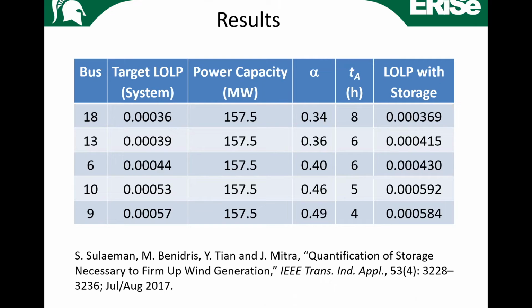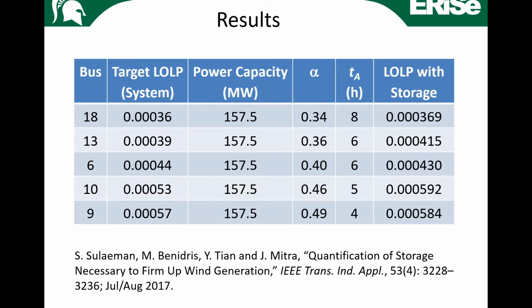the capacity value of this wind farm at that location was 43.5 megawatts, so the power capacity of the battery had to be this much. And at each different location, as I said, this alpha would vary. So this is how alpha changed over different locations. And in each study, we calculated the alpha, the TA, and we rounded it up to the next hour. Doesn't make sense to use fractional numbers there. Okay, and then we sized the energy capacity as a product of this and this.